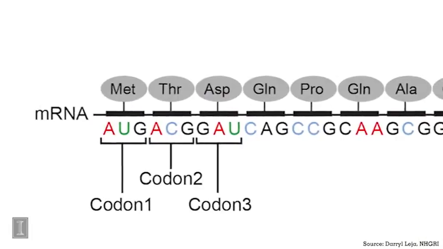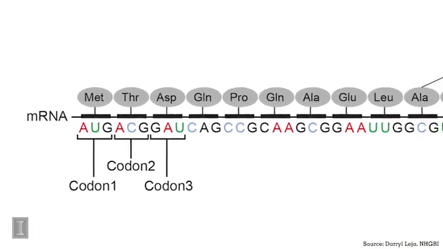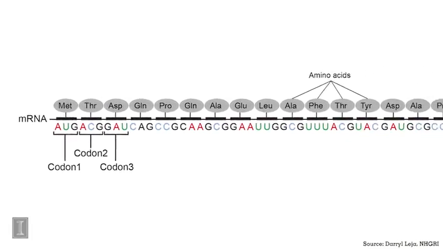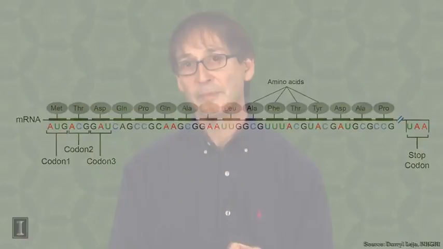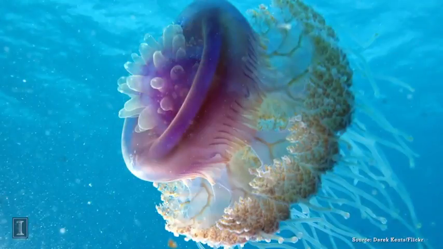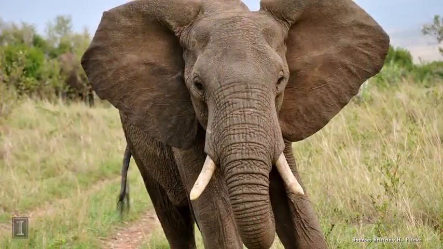So in today's lecture, I'm going to talk about evolution before there were genes. So this is the genetic code, and it's a remarkable code for many reasons. The first reason is that the genetic code is universal. We have the same genetic code as jellyfish, as corn, as pigs, as elephants. Every animal has the same genetic code.